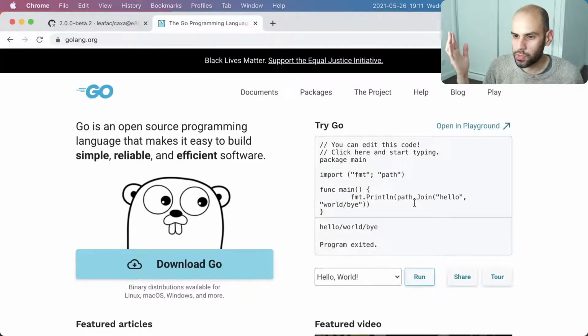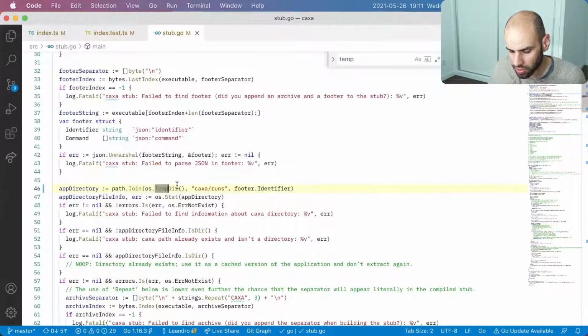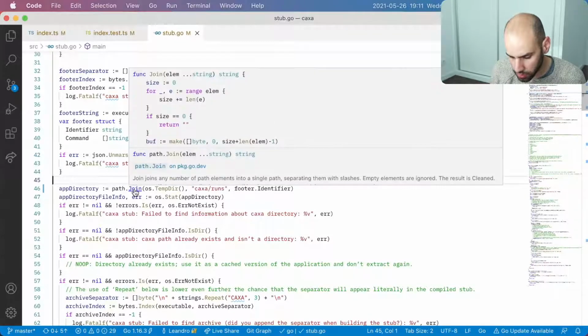the real question is, what happens on Windows? Will this be turned into a backslash on Windows? Will it matter? I think I will leave this for the tests. If the tests pass later, then it works on Windows. I also have a Windows machine which I can try this on, but yeah, I don't want to do that right now. So let's just suppose that this works. I can also look at the docs for this.